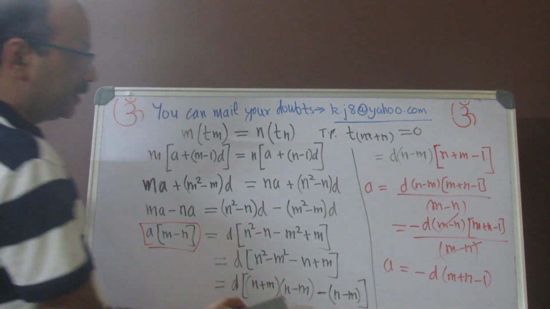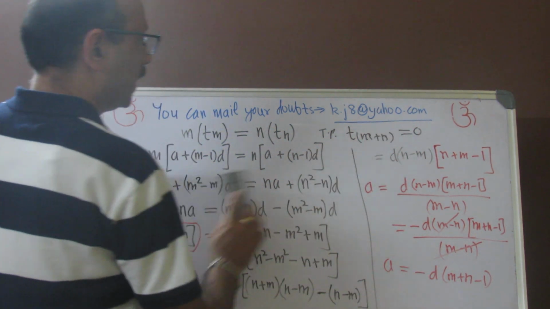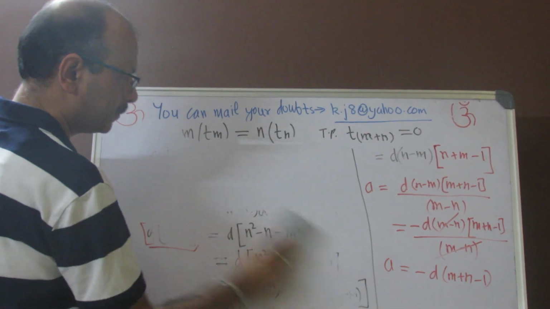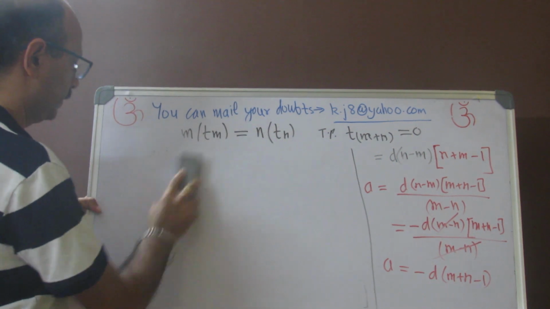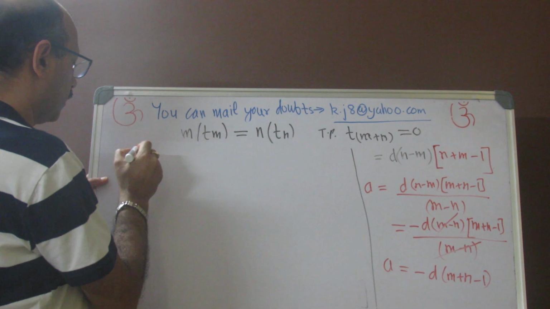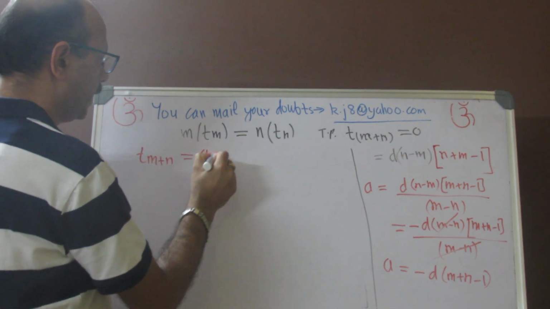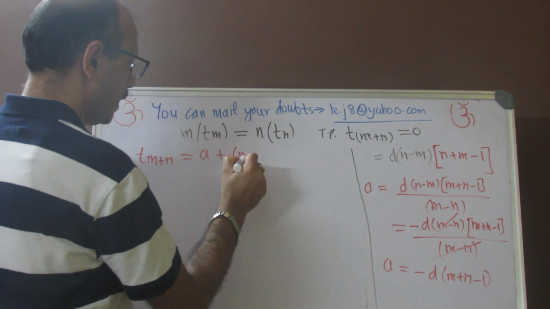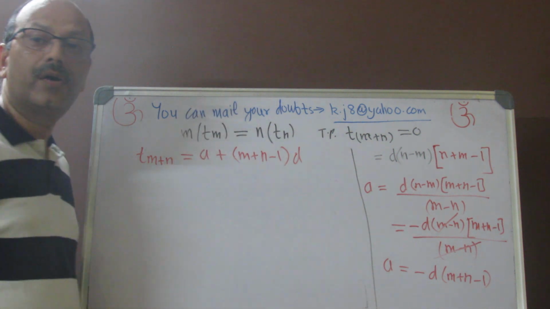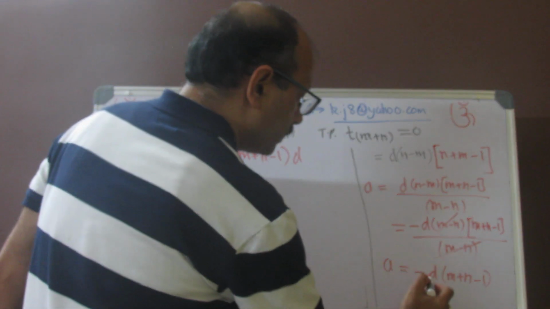Now since we have figured out the relationship between A and D, let us find T M plus N, which is the question. Okay, now again, as per formula, T M plus N should be A plus M plus N minus 1 D. Okay, and now you would have figured out that A is minus D M